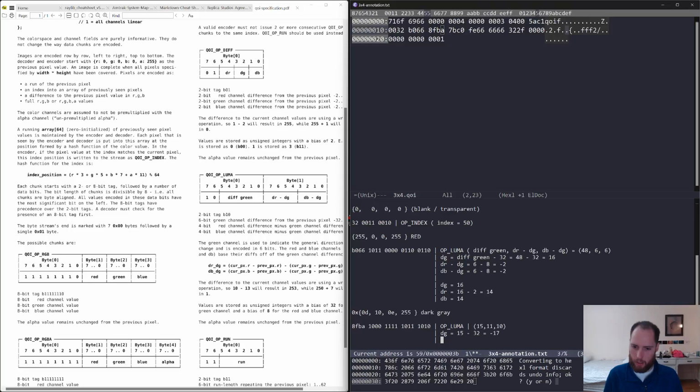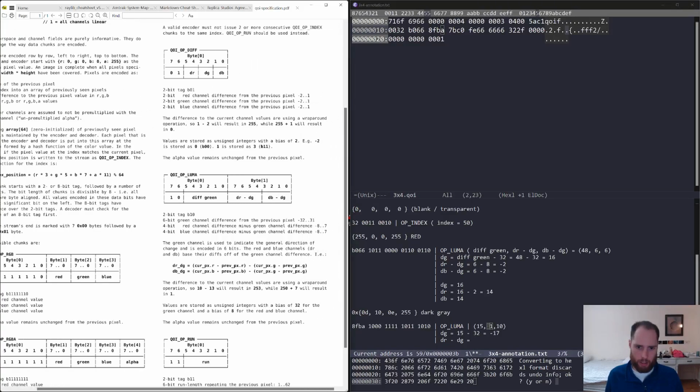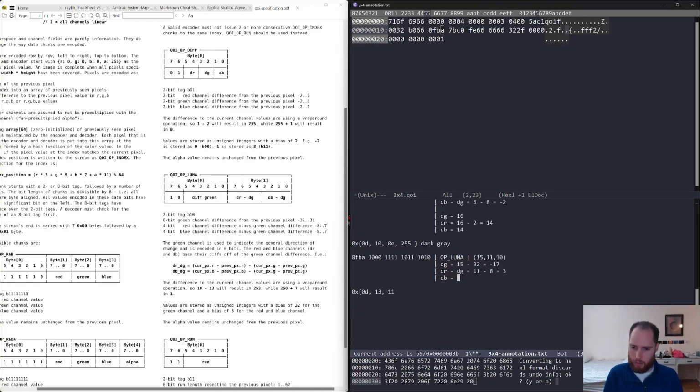And then the dr minus the DG value is going to be the 11 minus the offset, and what's this offset? The 8. 11 minus 8, which is 3, and likewise this difference here is going to be 10 minus the 8, which is the 2. Okay, so now actually applying all of these changes, we now have